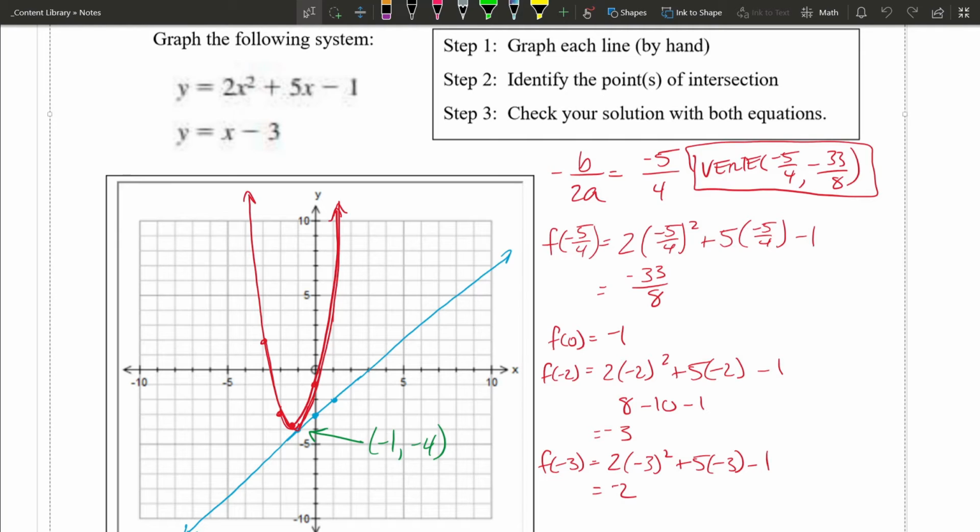The next method, I think is less work, is going to be substitution. So what we're going to do here is, let me see if I can get this where I want it. If that's going to go off the screen. Oh, of course it will. All right, so for substitution,